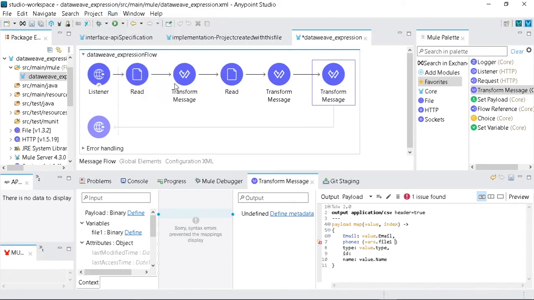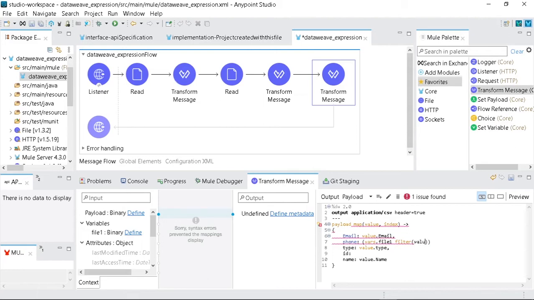And after that I will filter out those records. Okay, vars dot file1 filter, and what will it filter? Actually the parameter means based on the email column we are filtering the data, because the email column is common inside these two files.